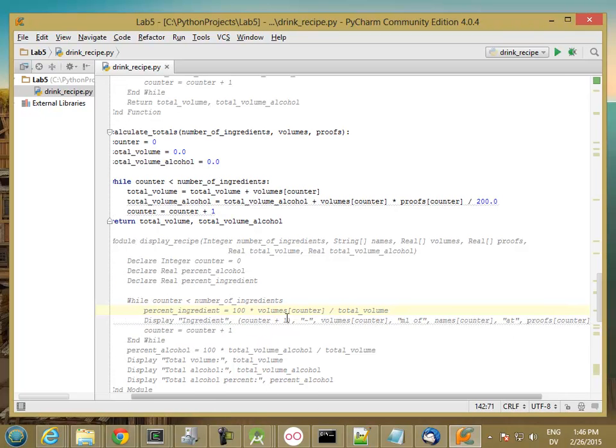So how about ingredient 1 dash percent ingredient, comma, total, colon, and